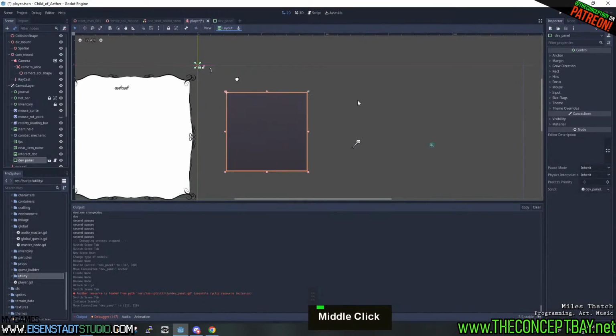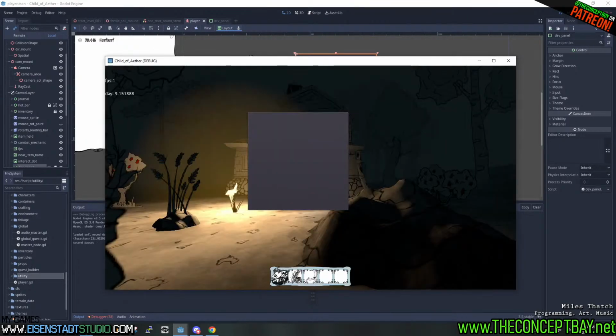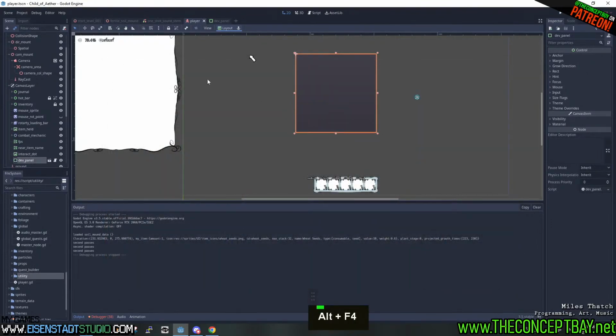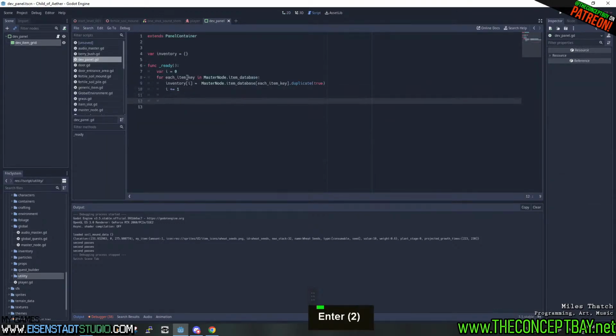There we go. All right, let's take a look. This is like creative mode of Minecraft. Let's see what crashes. Nothing, apparently, and also nothing works. That is to be expected. We never populated ourselves with the items. So, let's do so. Create a new inventory slot